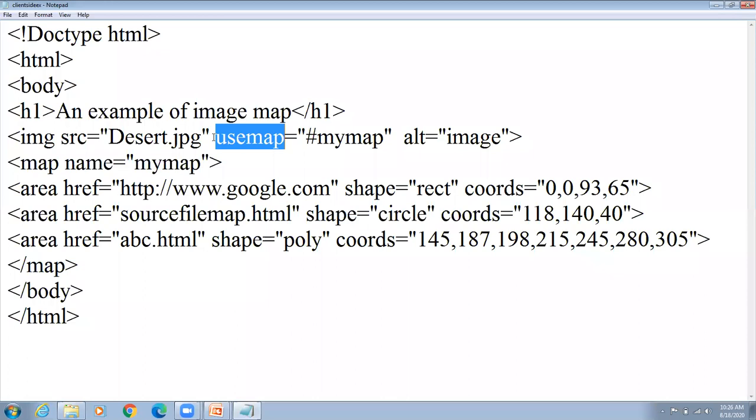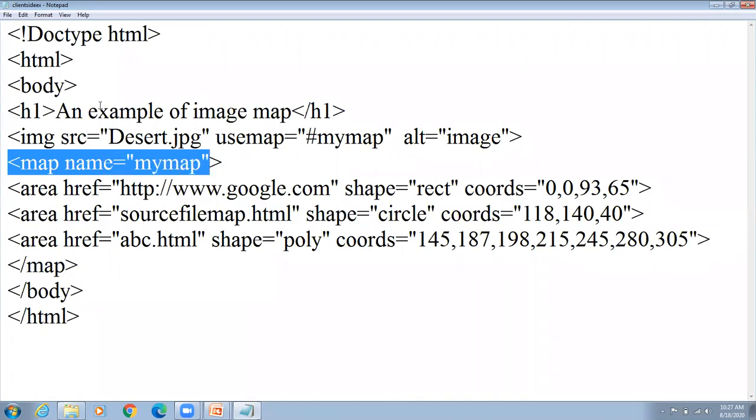Now use usemap like this. usemap is equal to, follow the syntax. It is preceded by hash. So hash, assign some name, mymap, alt is equal to image. The alternative text is image. You can put any alternative text. After that, the map tag, map name is equal to mymap.